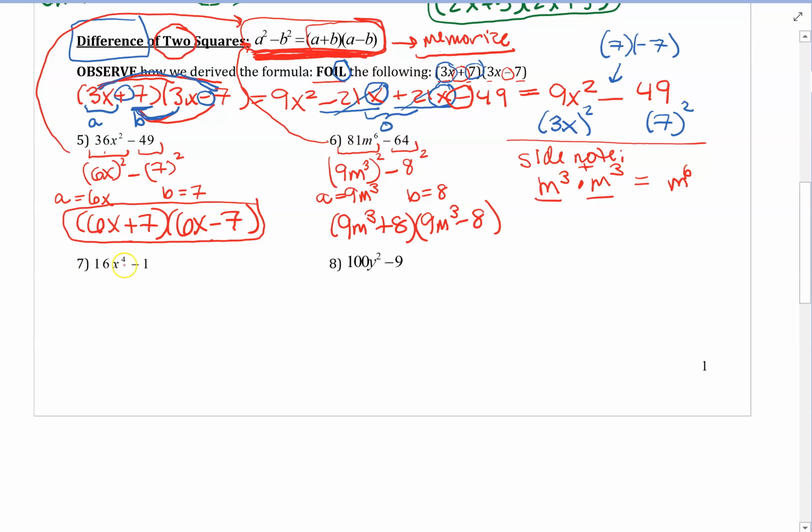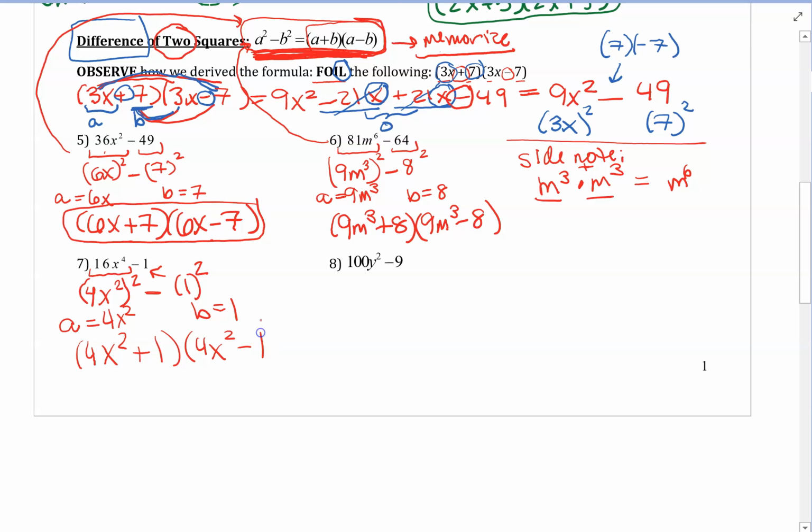Okay, in number 7, it's the same scenario as number 6. I have perfect squares. 16 is the perfect square of 4, and x to the 4th is the perfect square of x squared. So 16x to the 4th is what you get if you square 4x squared. And then 1 is the square of itself. 1 squared is 1. So this again is a difference of 2 squares, where a would be 4x squared and b would be 1. So because it's a difference of squares, I can factor it like this: 4x squared plus 1,